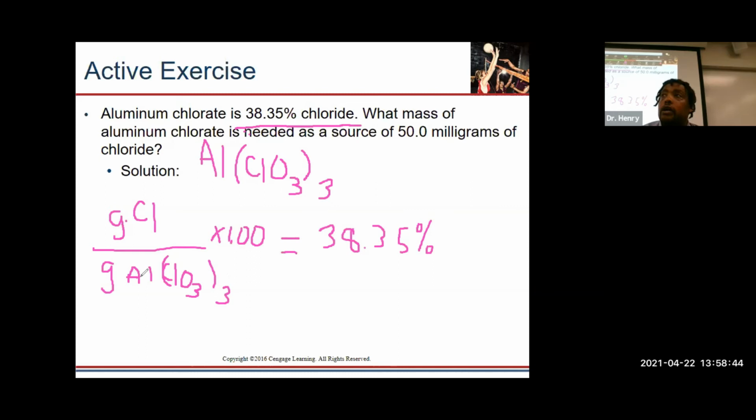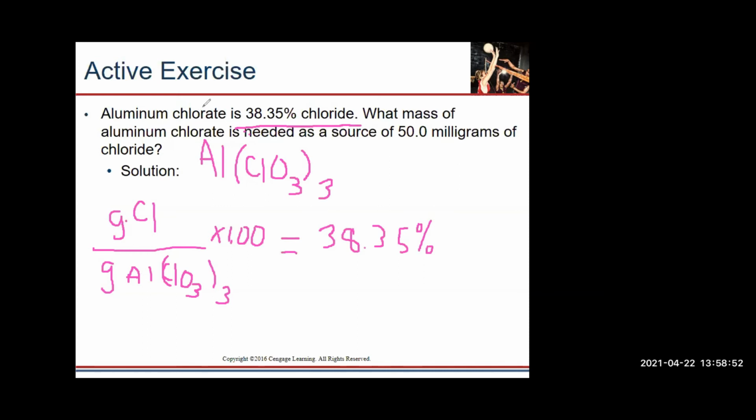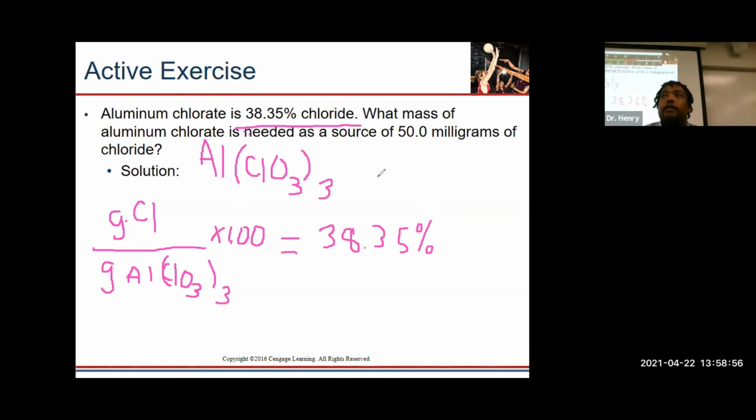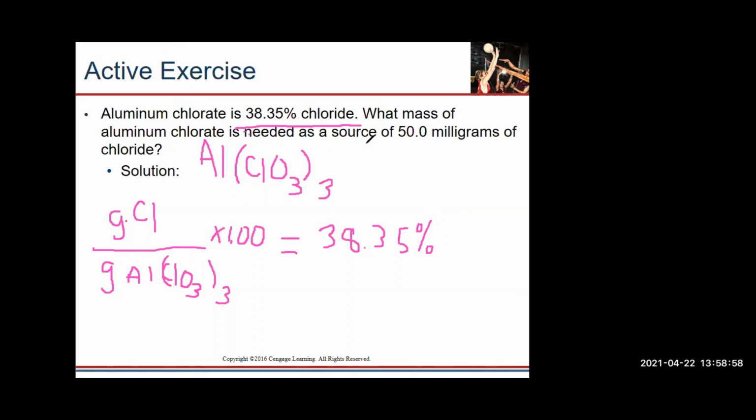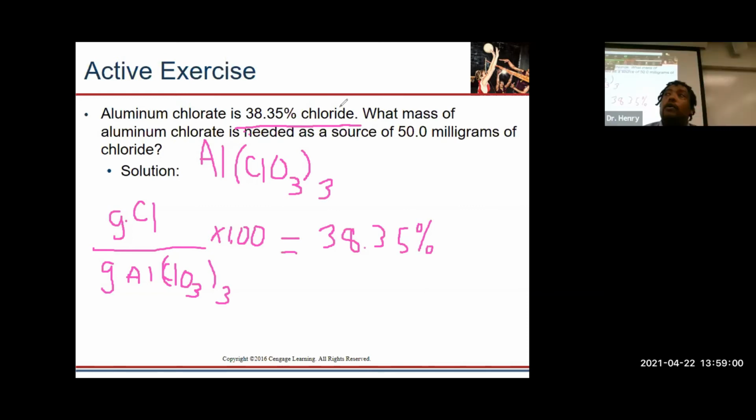Okay, so is there something given to me already? Yeah, 38.35%. Okay, that's given to me. Anything else? 50.0 milligrams. Okay, so if I have my upper part is milligrams,